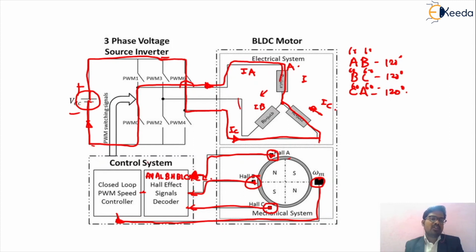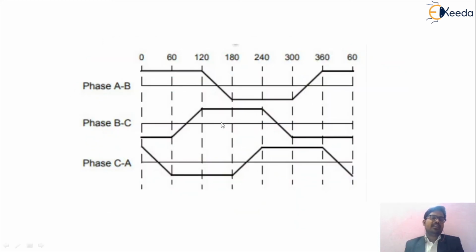This whole system is called the control system. According to the Hall effect sensor positions, the commutation, and the closed loop speed controller system, we give the triggering signal to the different inverters, and according to the position of the triggering voltage given to your inverter, it will control the speed of your BLDC motor. So friends, this is the actual system and working of your BLDC motor. Right. Now we can understand what the waveform will be.